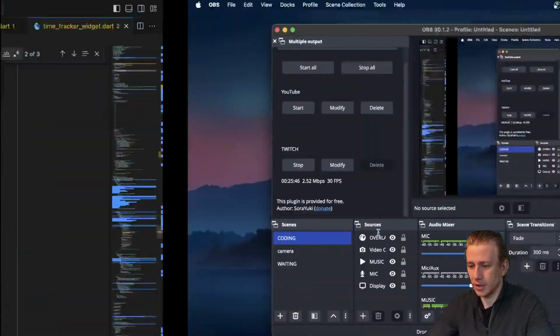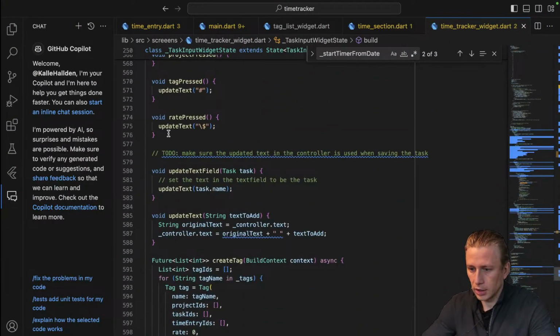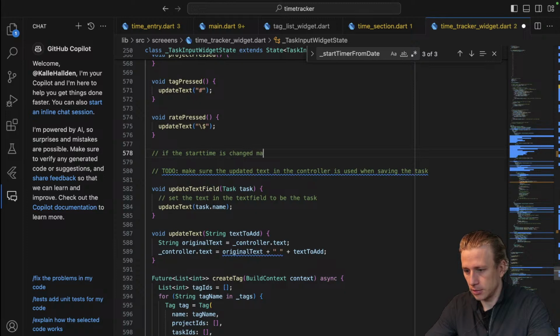Okay, so let's think about this. Write it out. If the start time is changed manually,